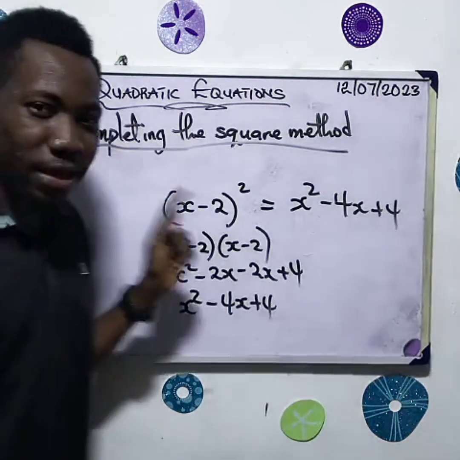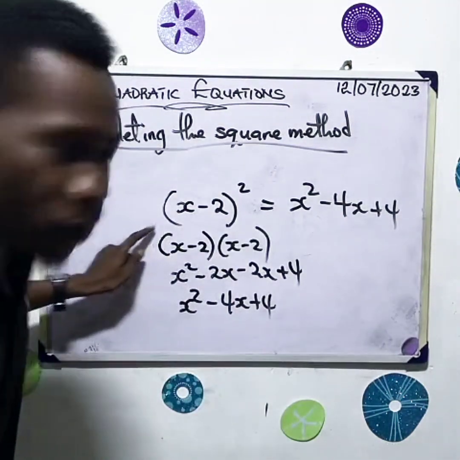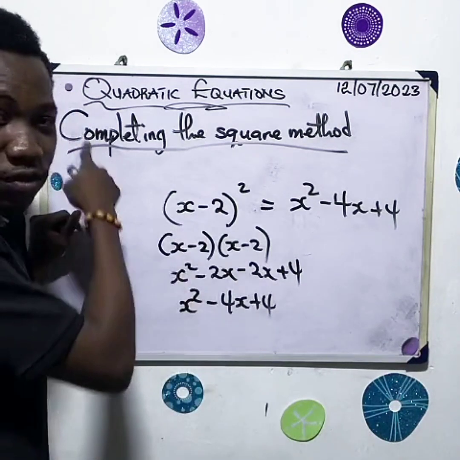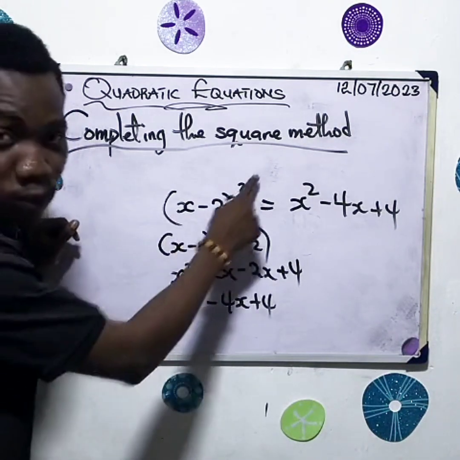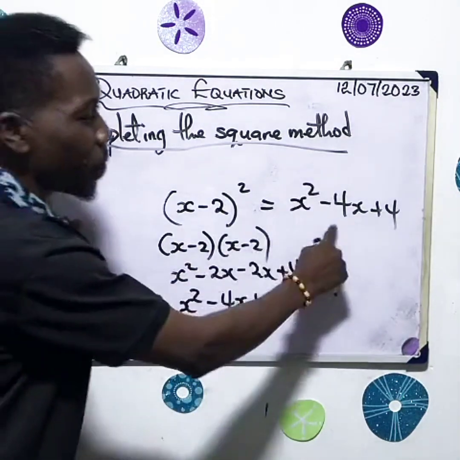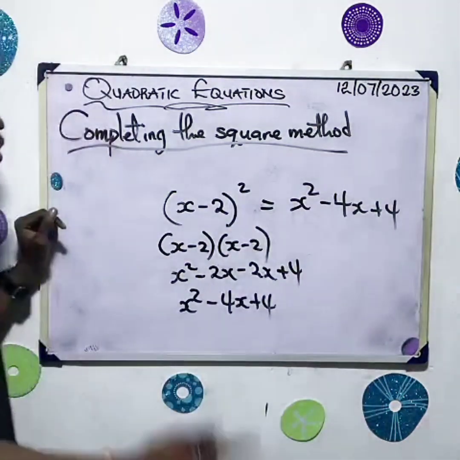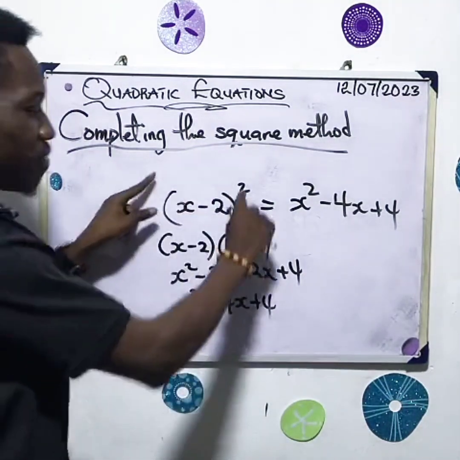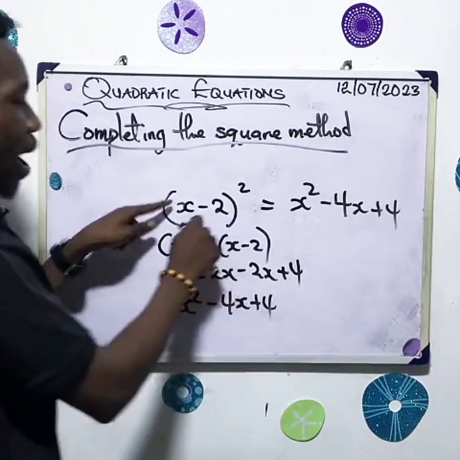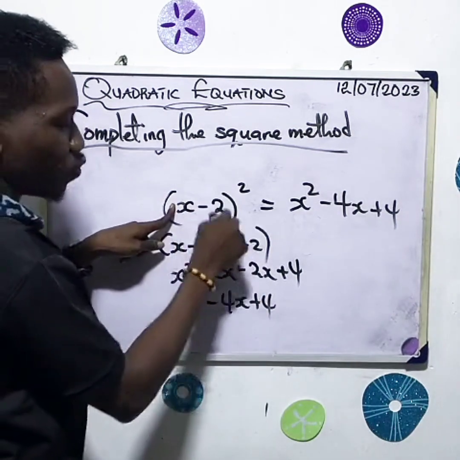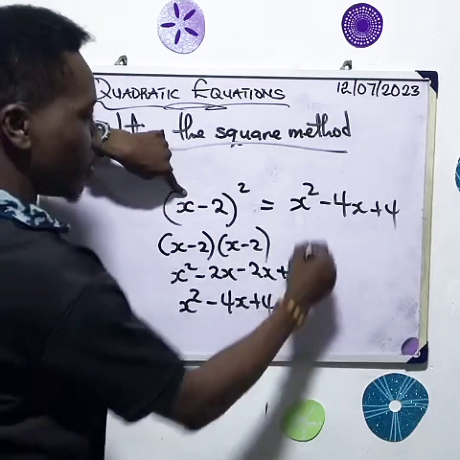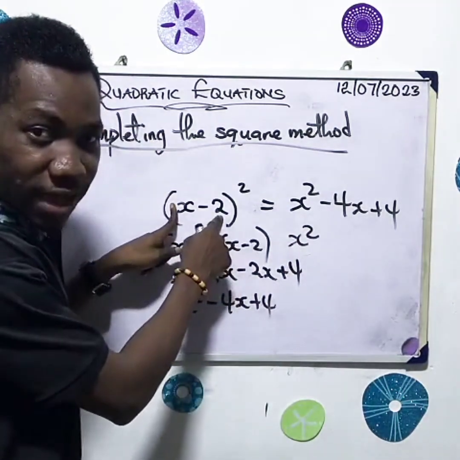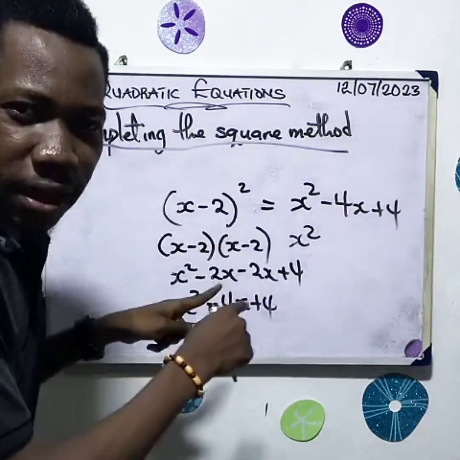I'm trying to point out something here, so please pay attention, because we are going to use it. X minus 2 squared gives us x squared minus 4x plus 4. So even without opening this up, I can say that x minus 2 squared means I square the first term, which is x squared. Then the product of these two terms, whatever I have inside here,